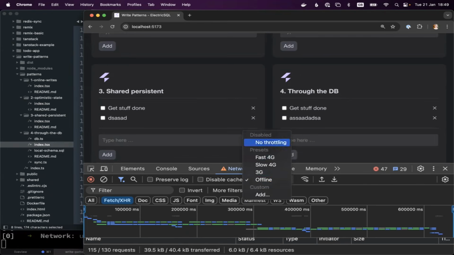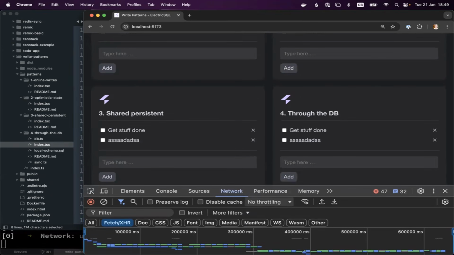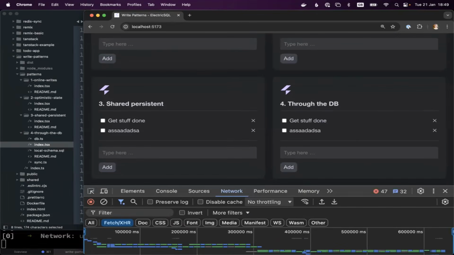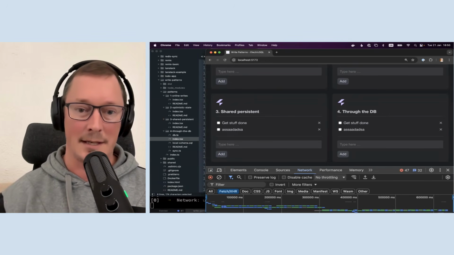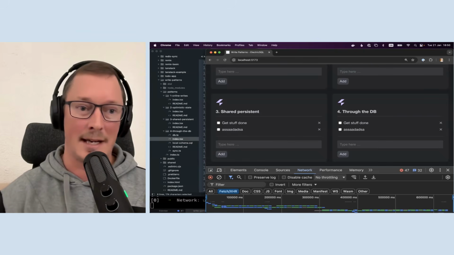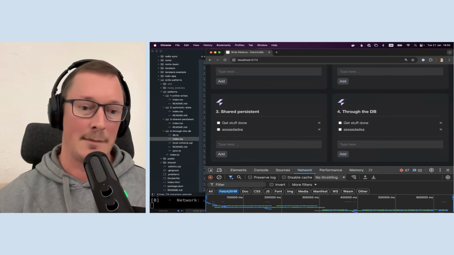You turn it back on and everything syncs when the network comes back. So this is an example of a very proper full local-first application using an embedded database, where authorization and writes can be handled through a Phoenix application, and the read-path sync can be an Electric instance embedded into the Phoenix application.